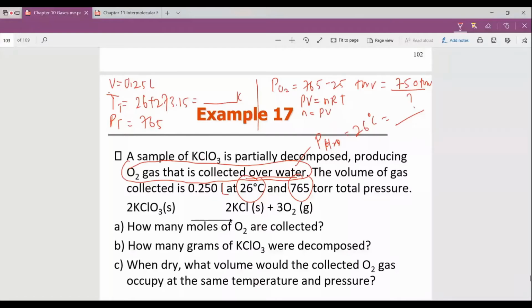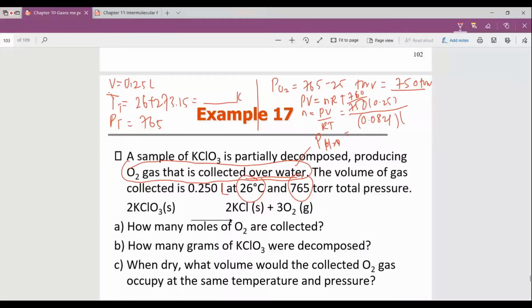Pressure is 750, volume is 0.25, divided by 0.0821. 750 change to atm, so 750 divided by 760, we get atm, times 0.25 liter, divided by 0.0821 atm liter per mole Kelvin, times temperature in Kelvin,